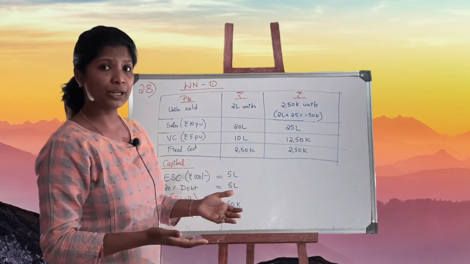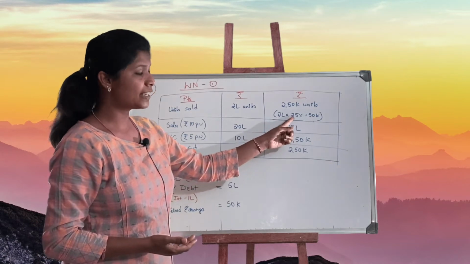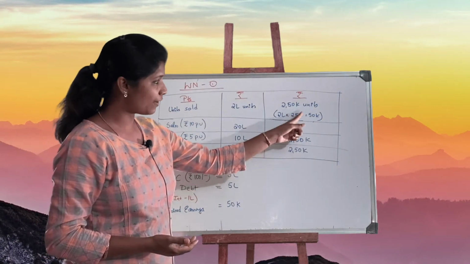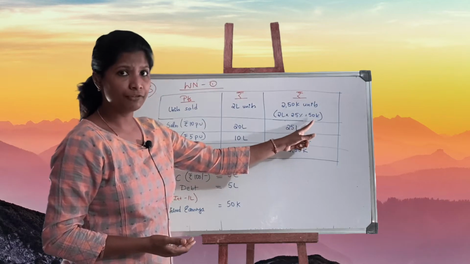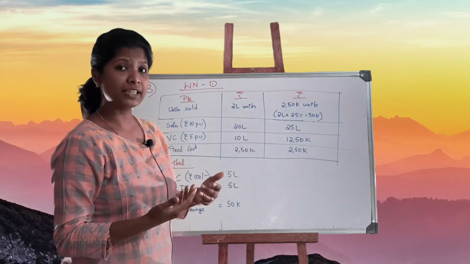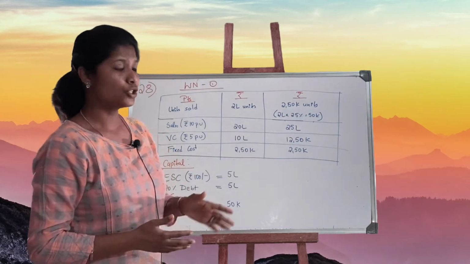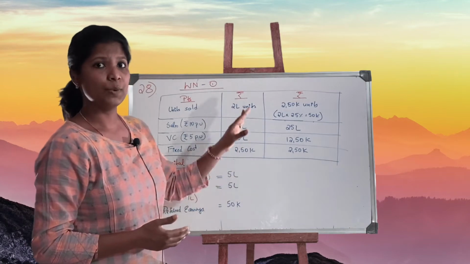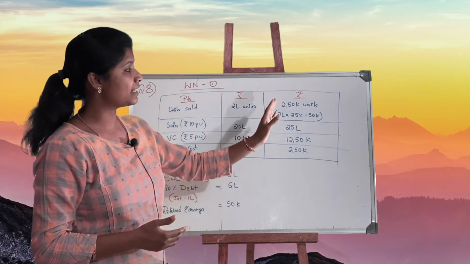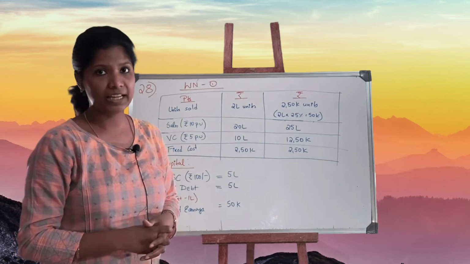What if it's increased by 25%? I have given in the bracket, basic is 2 lakh. If I increase it by 25%, the 25% value is 50,000 units. So 2 lakh plus 50,000, total units sold is 2 lakh 50,000 units. So under both circumstances, when sales are made 2 lakh units and when sales are made 2 lakh 50,000 units, we need to calculate our income statement.